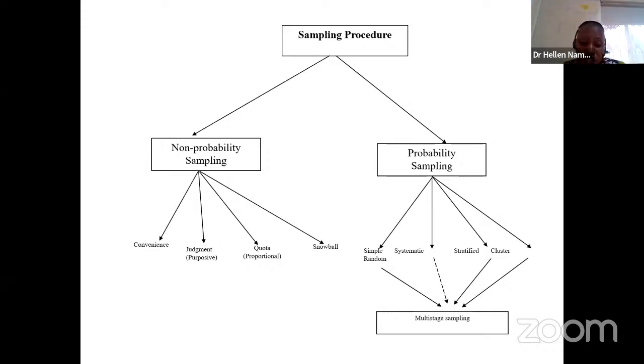But when you look at all these types of sampling procedures under probability sampling, they form what we call multi-stage sampling. You can start with a stratified, then you move on to cluster, and when the different methods of probability sampling are used together, we call that multi-stage sampling. Most of the time, especially when you're looking at national surveys, because remember, it is looking at the whole country, you can apply multi-stage sampling. But let's go into detail and see